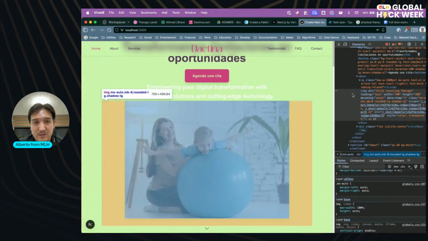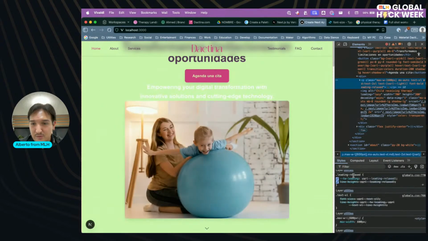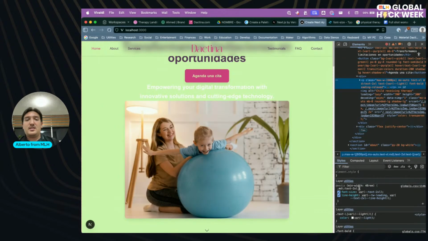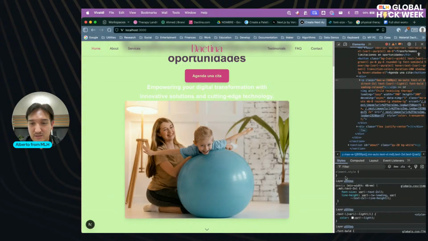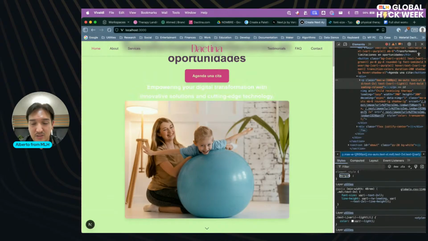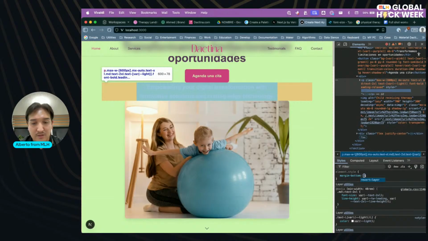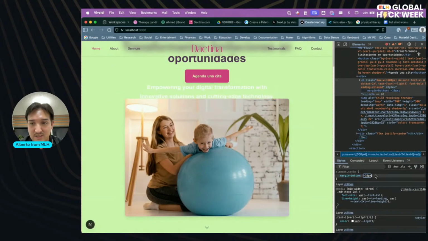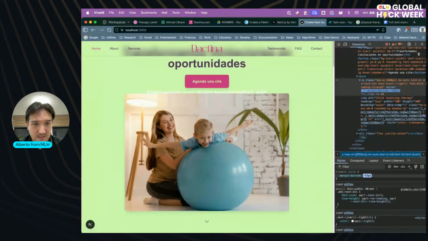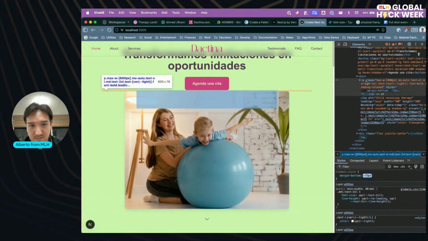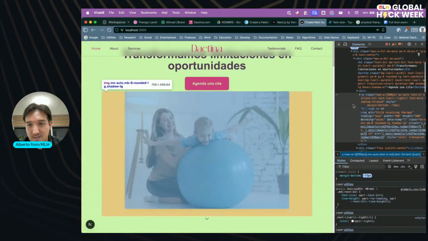And now we want this to be inside this image. For doing that, I will add a margin bottom of -10 px and increase it. Okay.